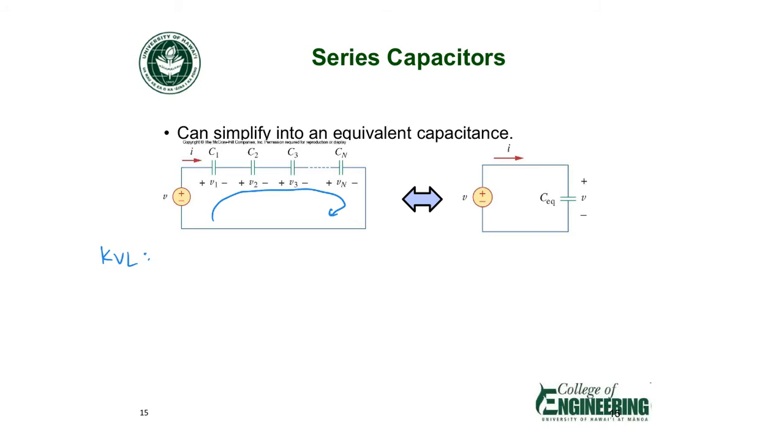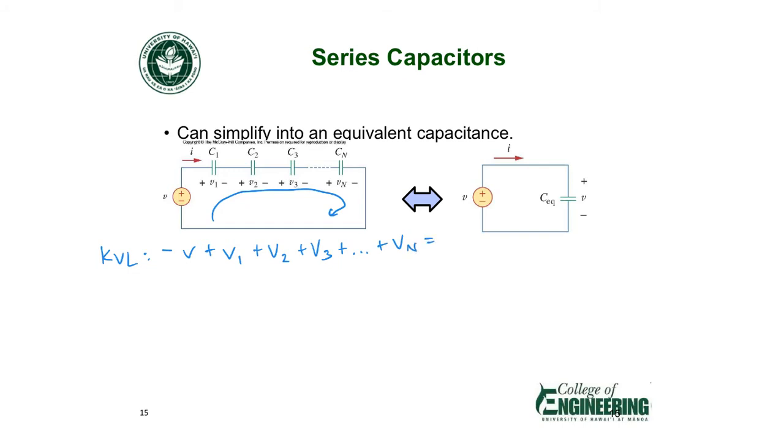I heard all the right terms. I couldn't hear the signs, so I'm not sure if the signs are right. So V, they're all added. What's the sign of V? Oh, sorry, minus V. Okay, so minus V plus V1 plus V2 plus V3 dot dot dot